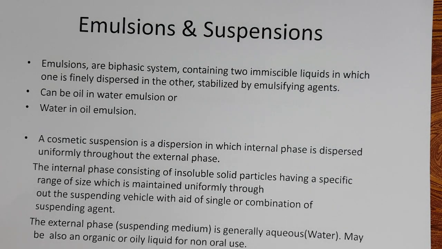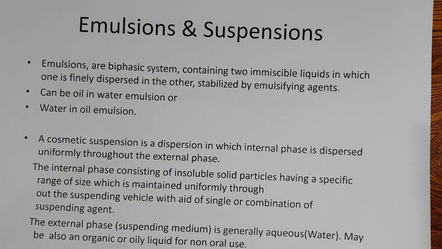Why it is insoluble, we will discuss later, and how we make it dispersible, we will discuss when we come to emulsions. Now, either water is the continuous phase and oil globules are dispersed in water, that is an oil in water emulsion, or oil is the continuous phase and water is dispersed in the oil, that is a water in oil emulsion. So one will be the continuous phase and the other will be the dispersed phase. Based on that, it is an oil in water emulsion or a water in oil emulsion, right?